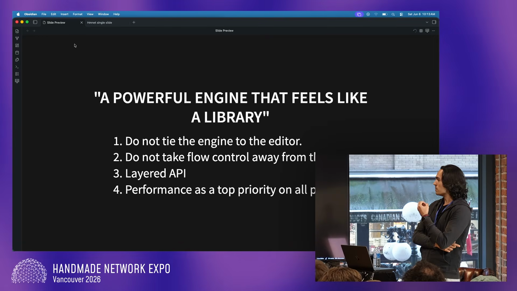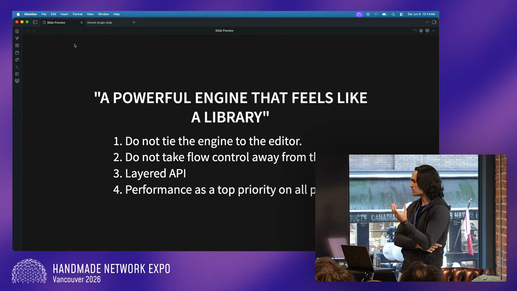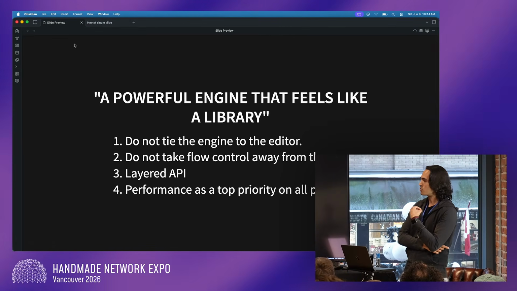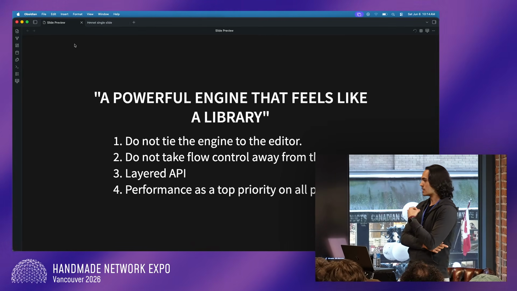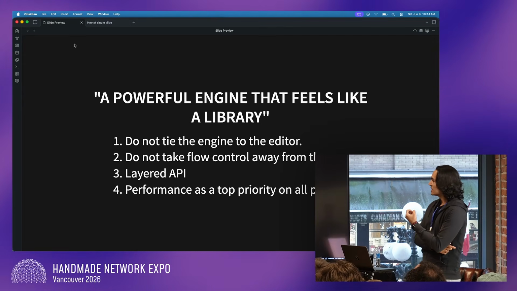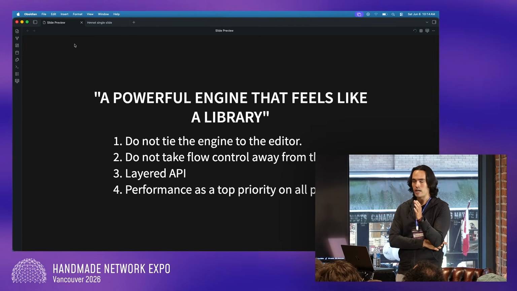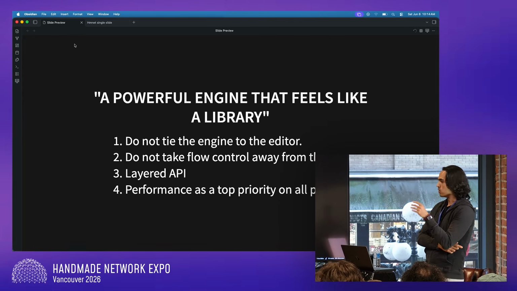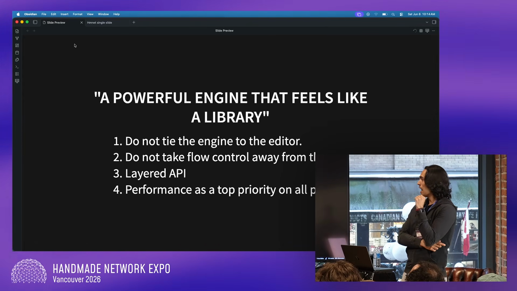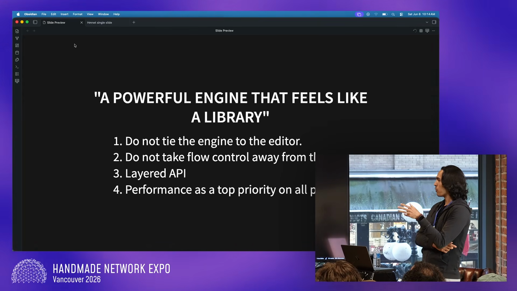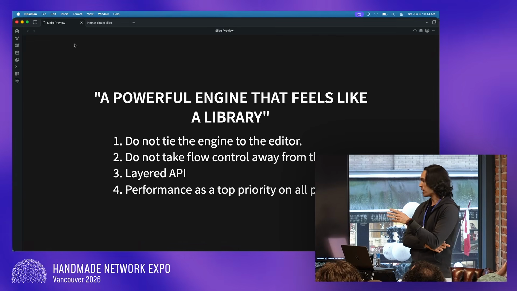So I mainly started building this engine because it was the tool that I wanted to use for my main job. It ended up becoming another thing after that. But my idea was, first I want it to compile really fast. I want to iterate in code all the time. I want it to be lightweight. I want to only pay for what I use.